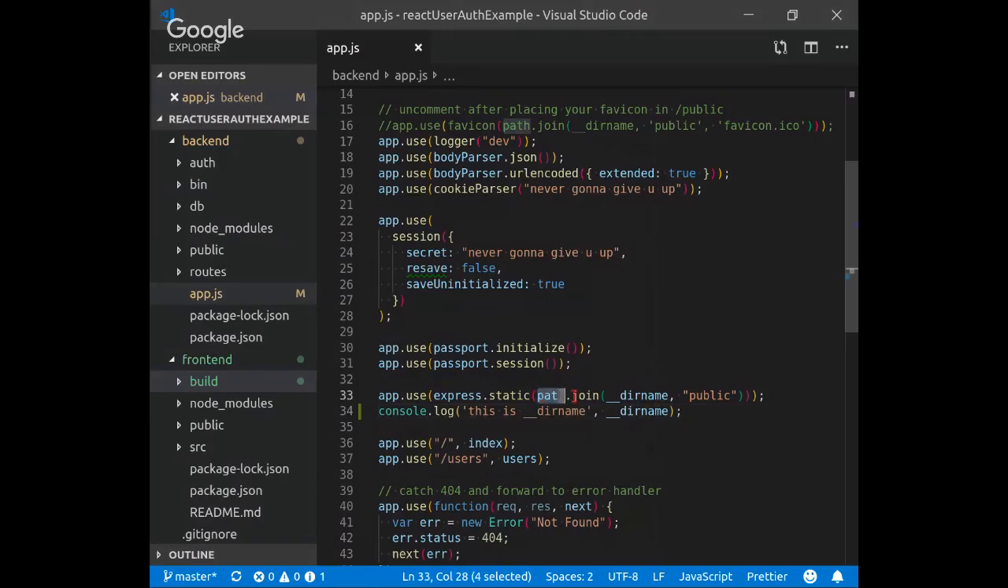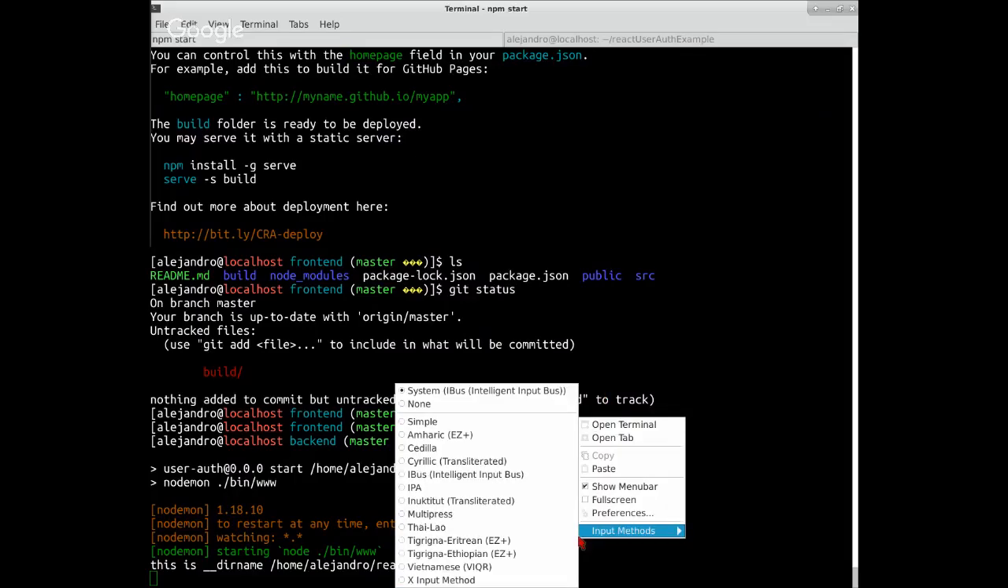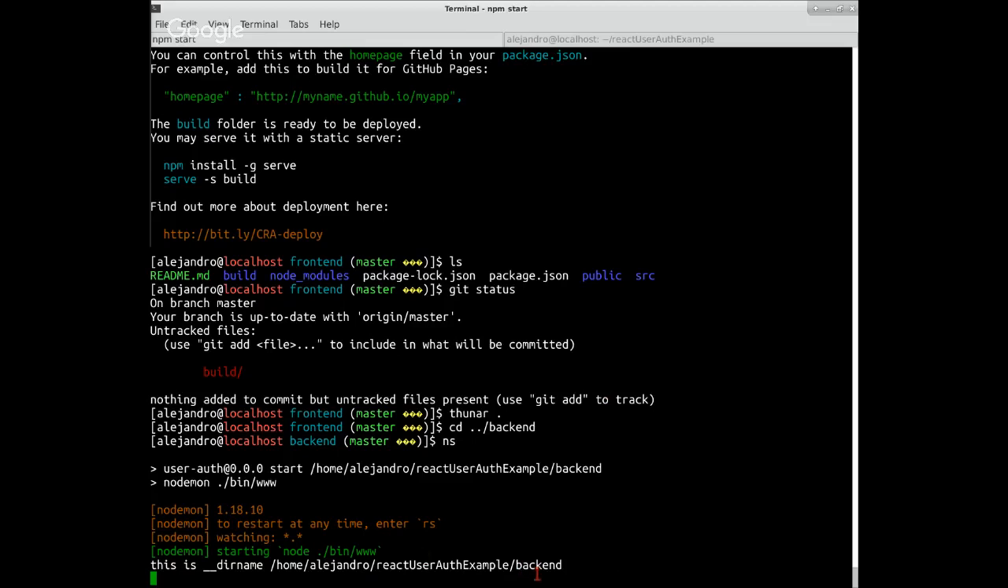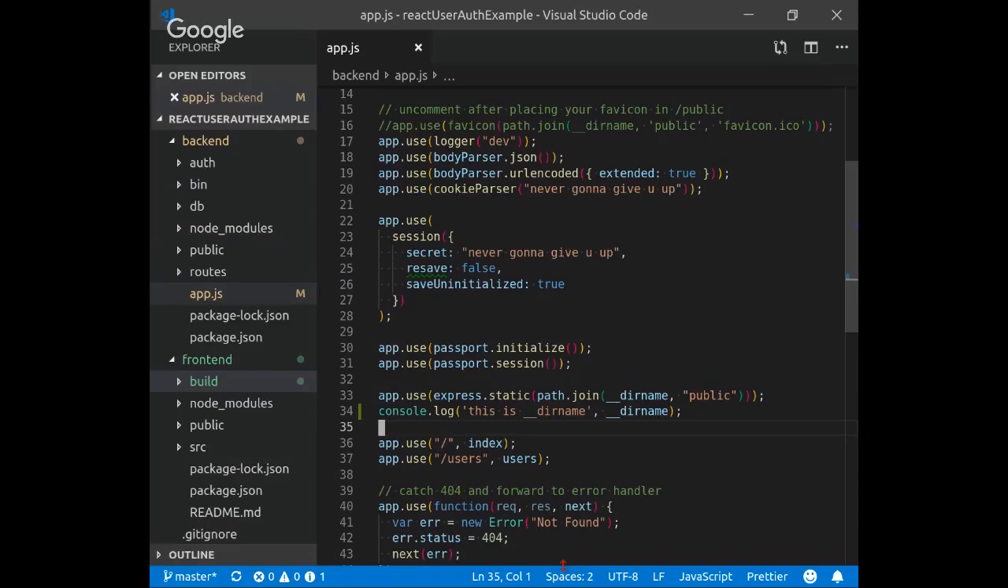path.join, meaning grab this path. You already saw that this is a path, and join to that something that's public. So if I look at this path, I know that, okay, it must append /public at the end. And then I can see that I do, in fact, in my backend, have a folder called public,